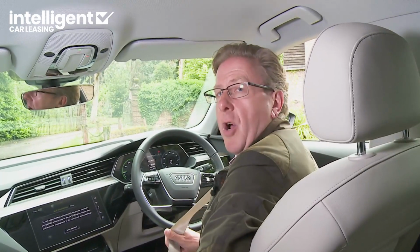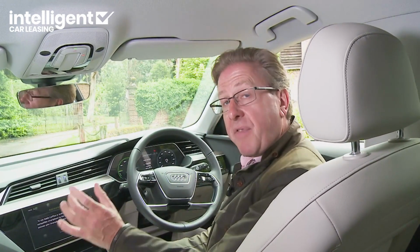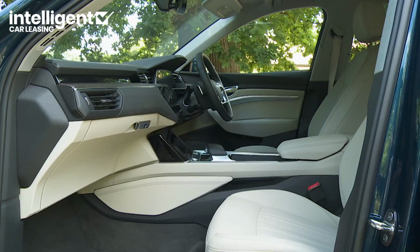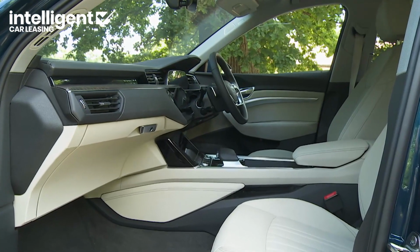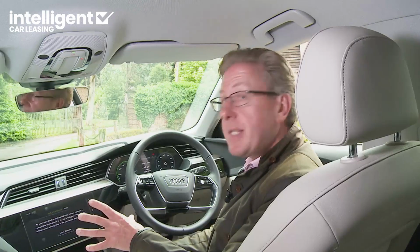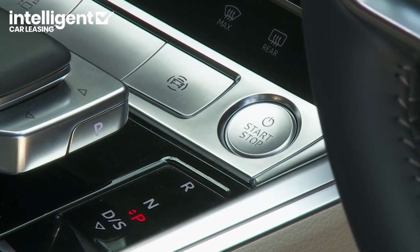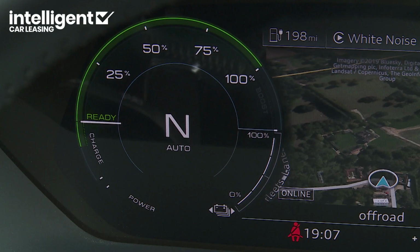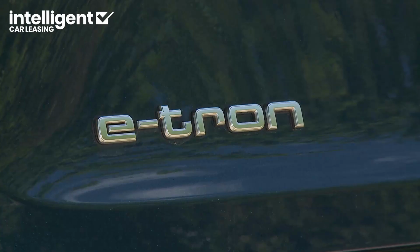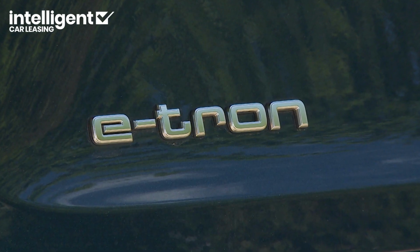Every brand has its own perspective on this. Audi wants its operating systems to feel different, yet familiar. So the cabin and screen architecture's carried over from the brand's other large luxury models, but at the same time, there are plenty of bespoke electrified touches, like the way that pressing the start button activates a power meter in place of the usual rev counter, at the same time as the e-tron delivers a low hum, a ready chime, and a rather chintzy welcome jingle,